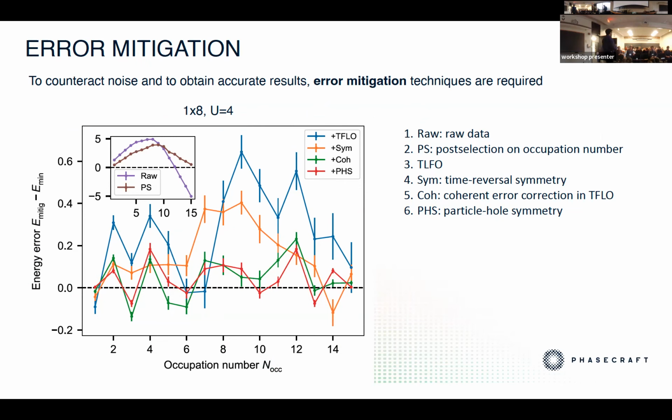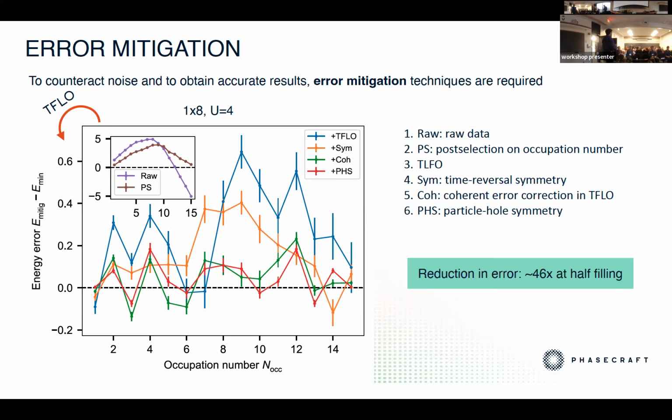Our ANSATZ preserves the spin particles per sector as well. And so we can select the runs which conserve this number of particles per sector. And then we apply these fermionic linear optics techniques, and as you can see here, we are showing error essentially. And just by applying fermionic linear optics, we've managed to reduce the error by a factor of 10. And then we applied all of the other techniques, which I hadn't time to discuss, but in the end,